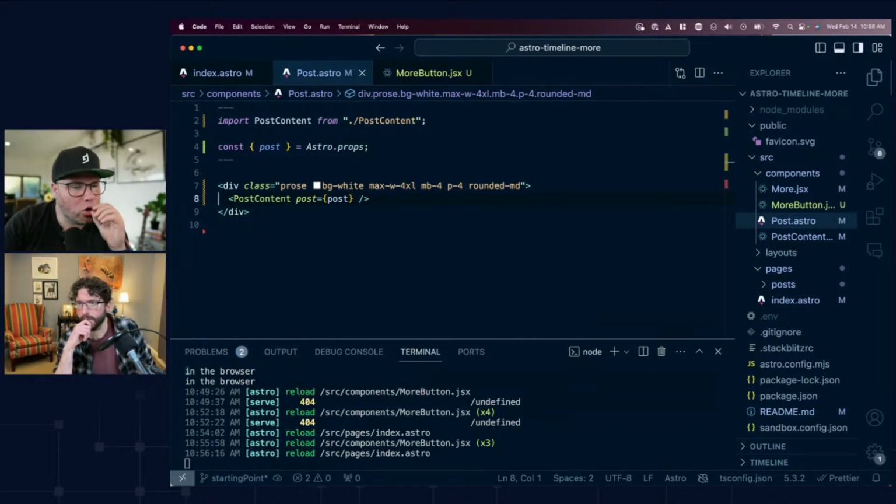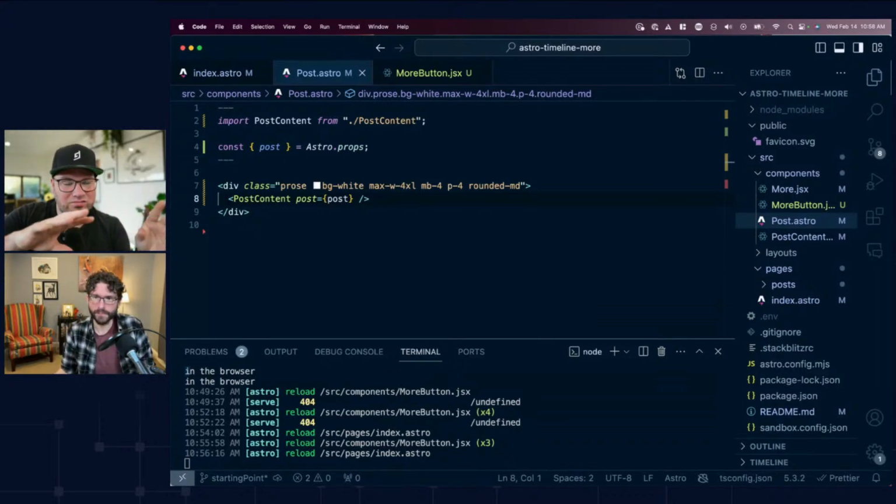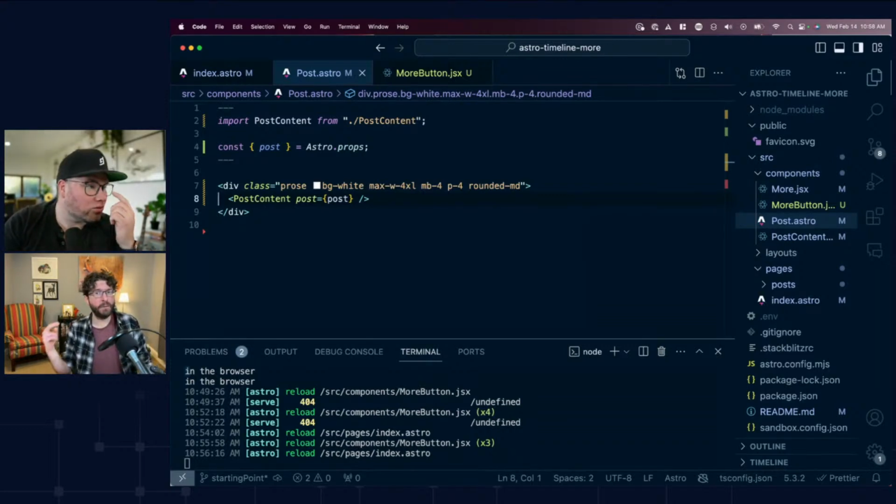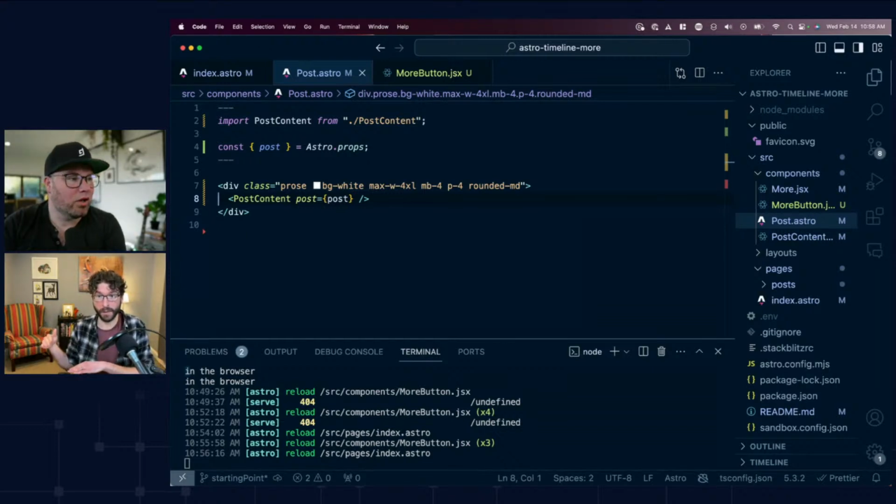This could be so much simpler though. But that's interesting to see because this is just as good. It just takes a few more steps, but it's also really easy to reuse again. Yeah. And in theory, I wouldn't have to use islands architecture for this. I could write vanilla JavaScript to do all of it. But the amount of regular JavaScript to do it, you could have done that, but then you have to do the rendering